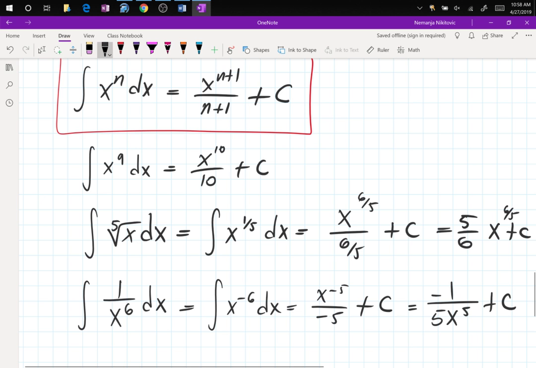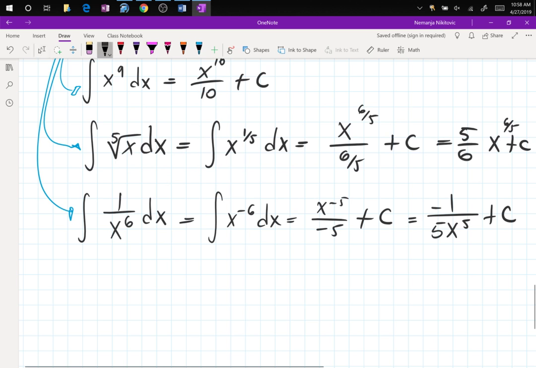So all three cases can be converted, so they are either R or can be converted into the formula up there. Which is the one that is excluded? Well, it's the only one that would give you 0 in the denominator, right? When your n is -1, then -1 plus 1 would be 0, and that would be bad. X to the 0 divided by 0. So excluded,